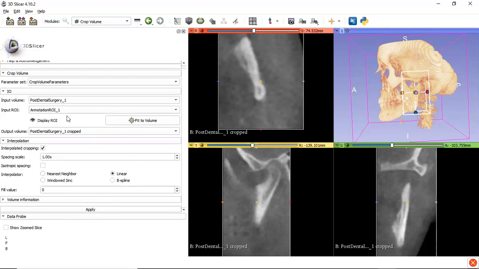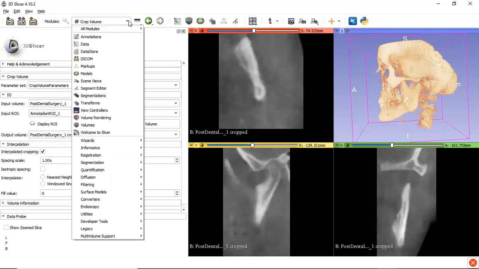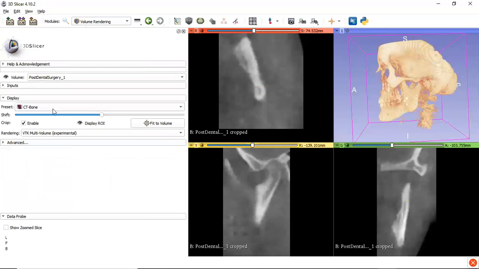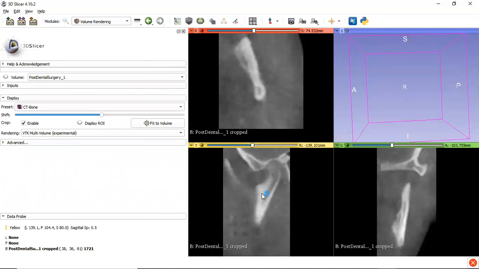So as I've already cropped and I can see what I actually want, I'll be disabling both the region of interest and the volume rendering, so that I'll be having less information to deal with right now. It is gone. Yeah. So I have three views in which I've got the structures or the parts which I actually want to build a 3D model of.